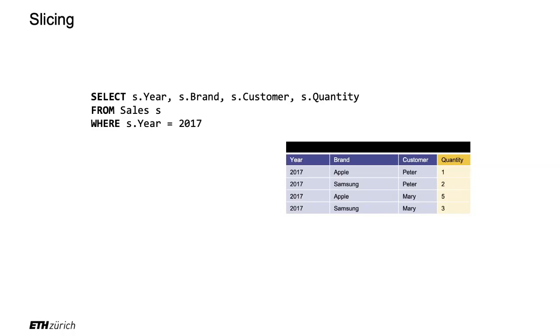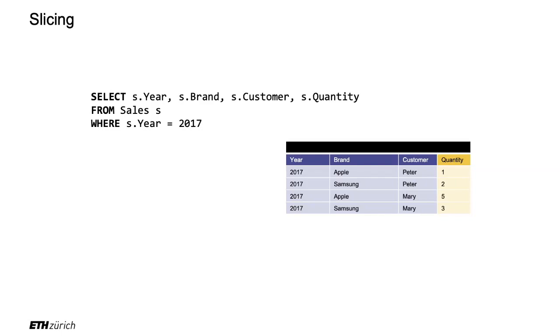What kind of relational algebra operator do I need to do to slice a cube? Yes? A selection. So indeed, remember, we have the logical level, these are my cubes. The physical level, these are my tables. Slicing a cube means selecting on the facts table. Once you understand that, you know that to select, we use a where clause. So all I need to do is where the year is 2017, and there you go, I have a slice